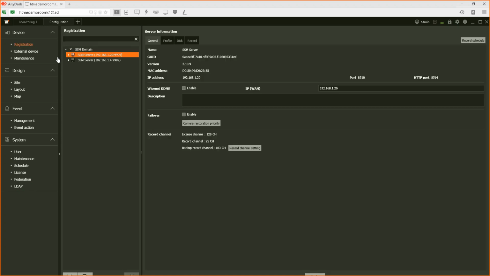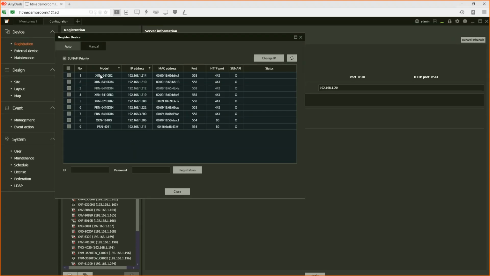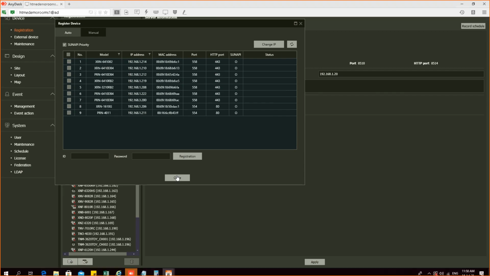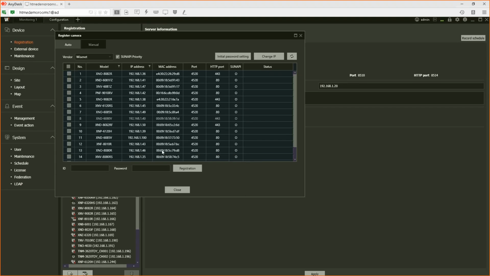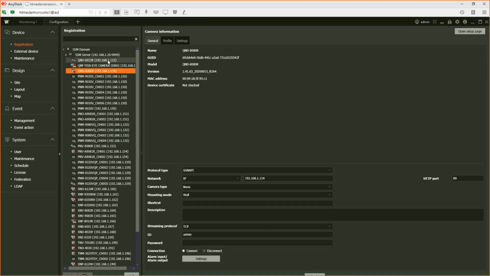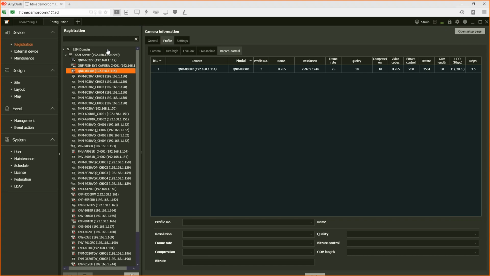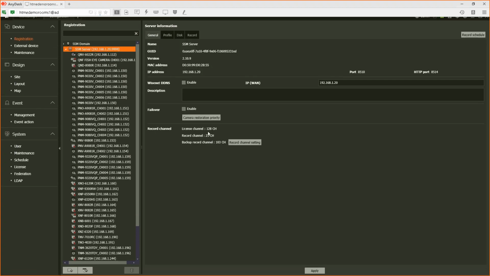All right. Now you just need to understand one more point. You can add NVRs to the SSM, I have NVRs here, or I can add cameras. If I add a camera, that means I am going to record the camera. You see the red color dot, I'm going to record the camera. Then I need a license.